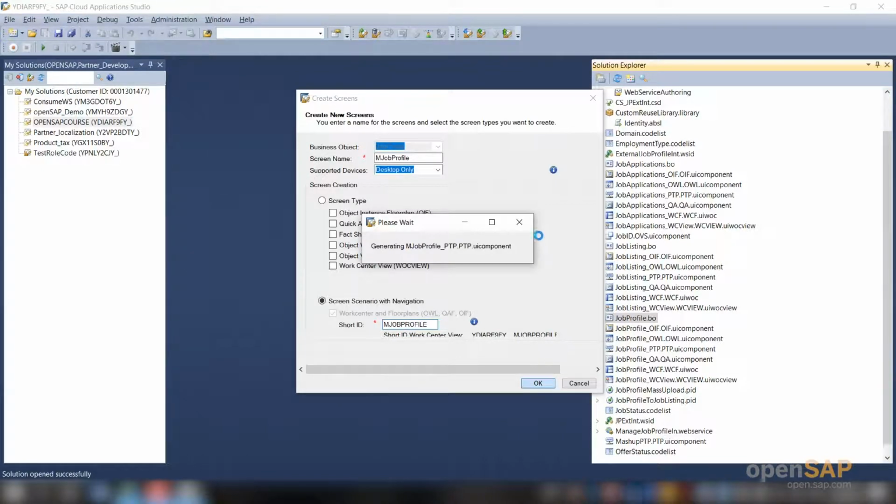So we are here generating the UIs just like how you have already done for this job profile BO, but giving a different name altogether. Now once this is done, I can show you how we are able to change all these UI components, or basically the floor plans that are generated, what are the adjustments that are needed to make it enabled for the mobile UI.